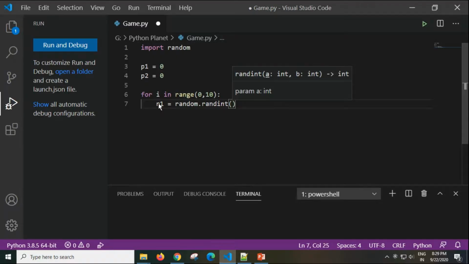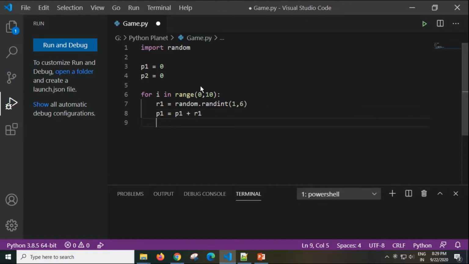Because I am simulating the roll of a die, I will pass two values here, 1, 6. That means a random number between 1 and 6 will be generated. This random number which is generated will be added to the score of the first player. So I will write P1 equal to P1 plus R1.